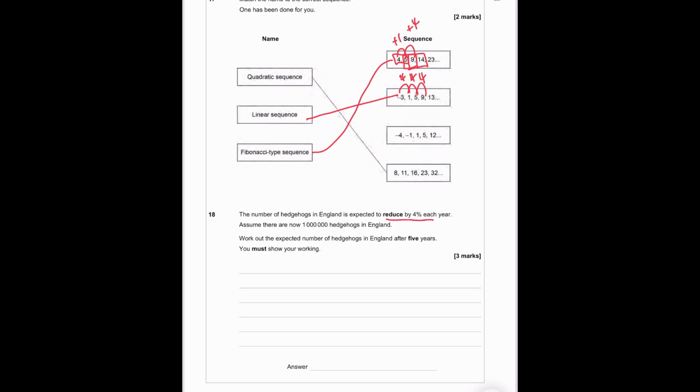So our start amount times the multiplier, which is 1 add or subtract the percentage as a decimal. So that's 1, we're going to take away because we're reducing it. 4% as a decimal is 0.04, to the power of the number of years, which is 5. So if we work that out in our calculator, we get the answer